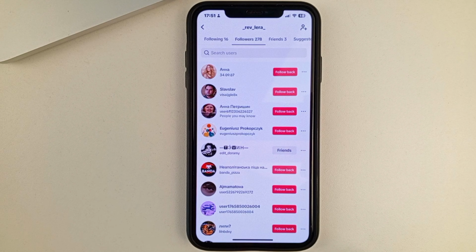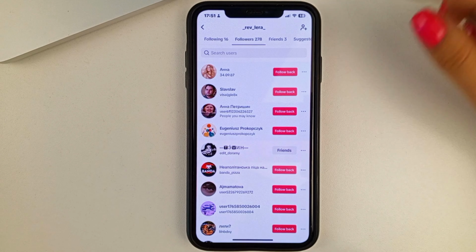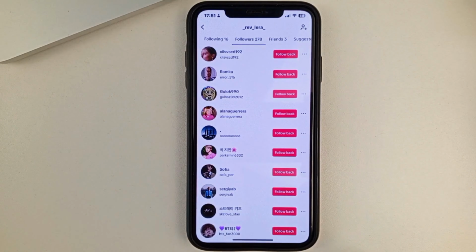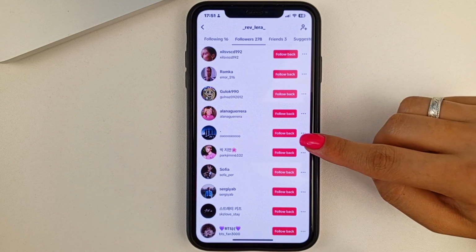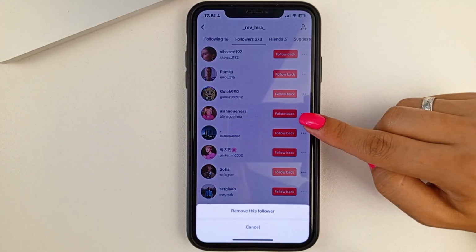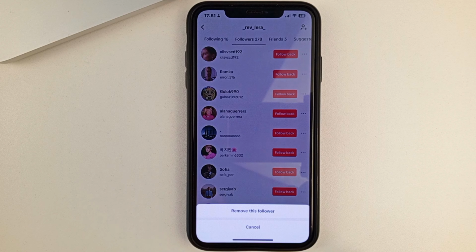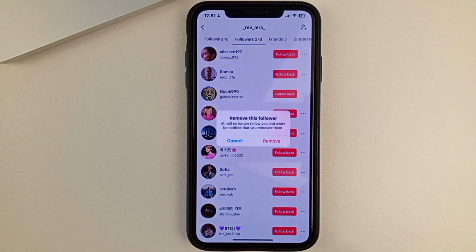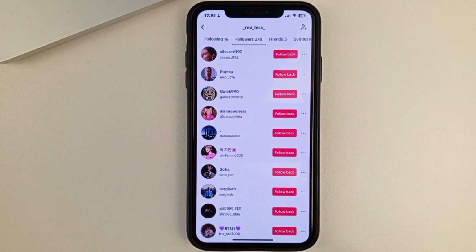And let's say, if here you would like to delete any one subscriber, you will need to find him. Then, next to it, click on the three dots. And here you'll need to select Remove from Subscribers. Confirm this action. This way, the person will be deleted immediately.